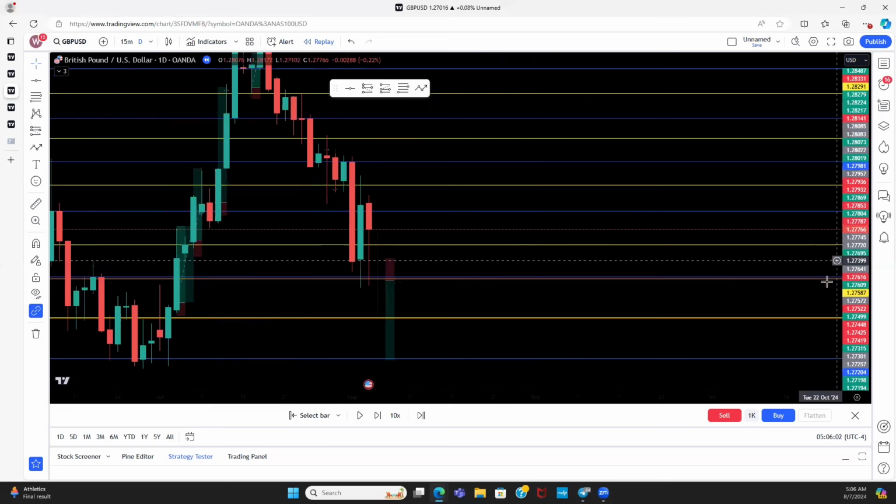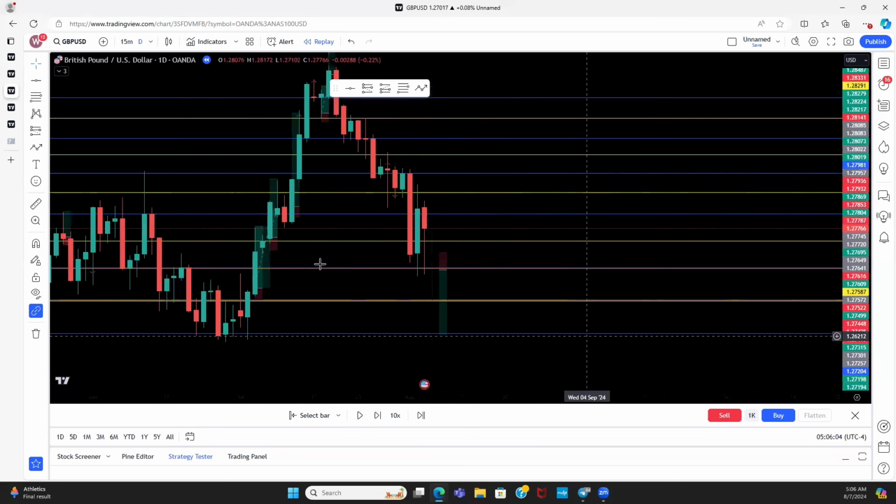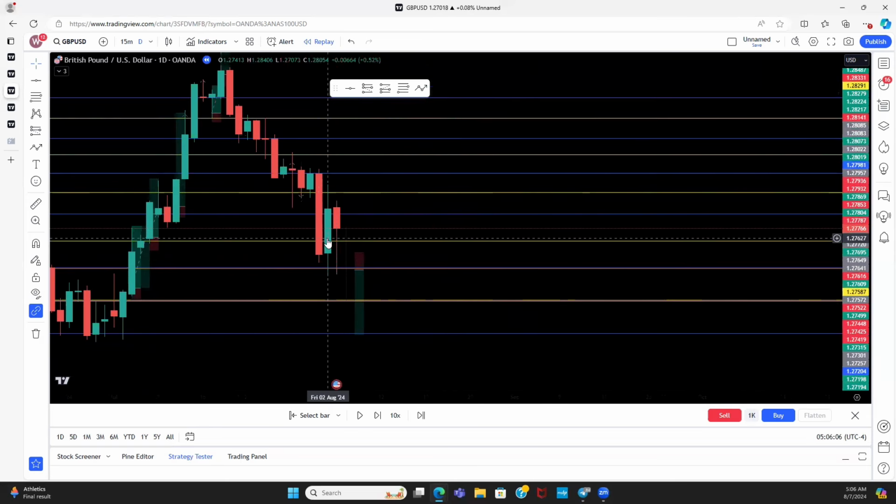Boom. Now that we got our key price levels marked off, now we want to figure out where's the best place to look for the next entry. Again, if you're going to enter sells, you want to enter off resistance levels. If you're going to look for buys, you want to enter off support levels. So now is when we go into the smaller time frame to wait for our confirmations and see how price